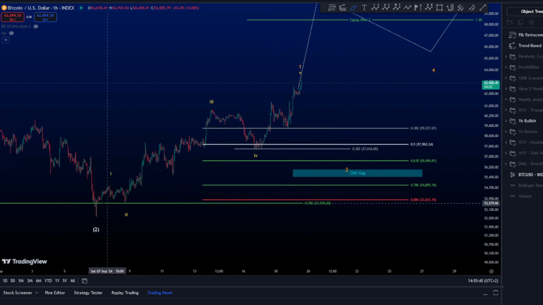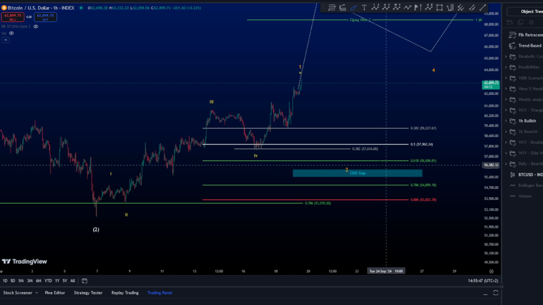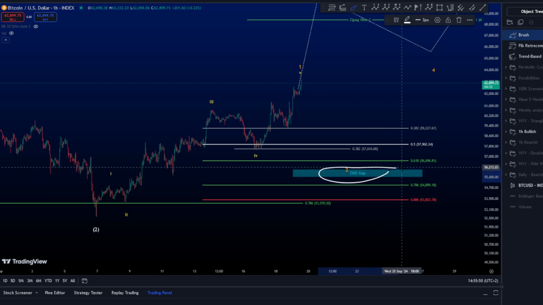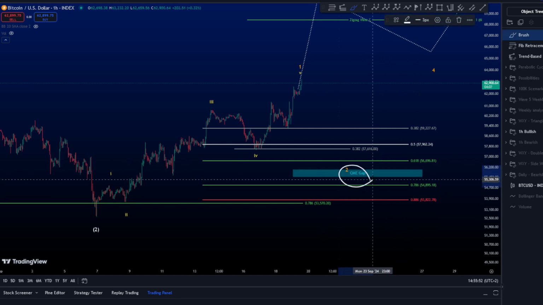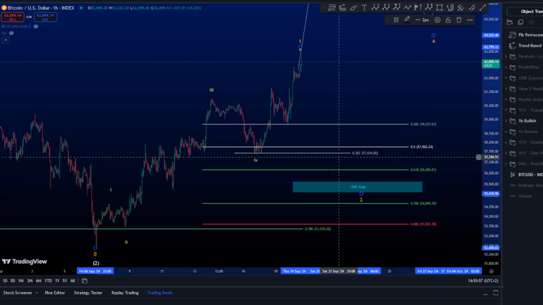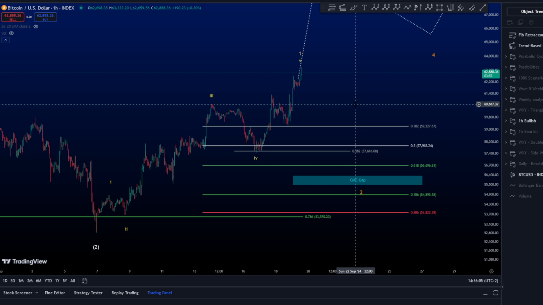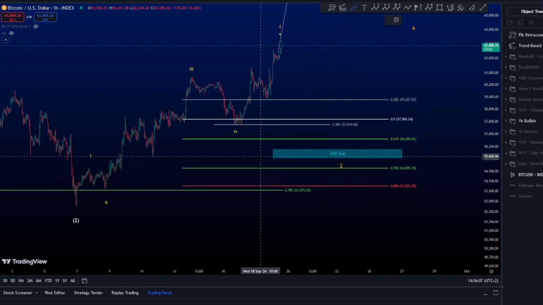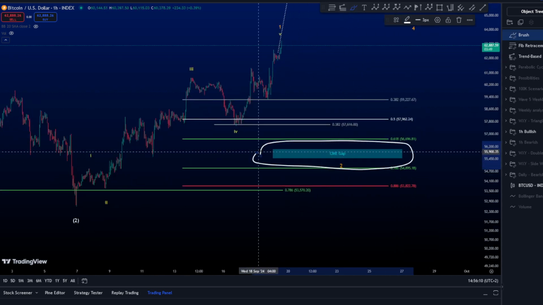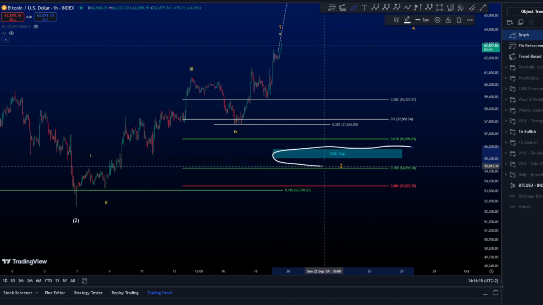Plus, if this is your wave 1, then possibly, because we still have the CME gap, which MG mentioned to me today as a comment, and I revised it. As I said before, it's not really necessary to close it now because there are two other CME gaps lower than this one, and they have never been closed. So I cannot be trapped with this CME gap in case we move to the 100K. That would be a trap as well.